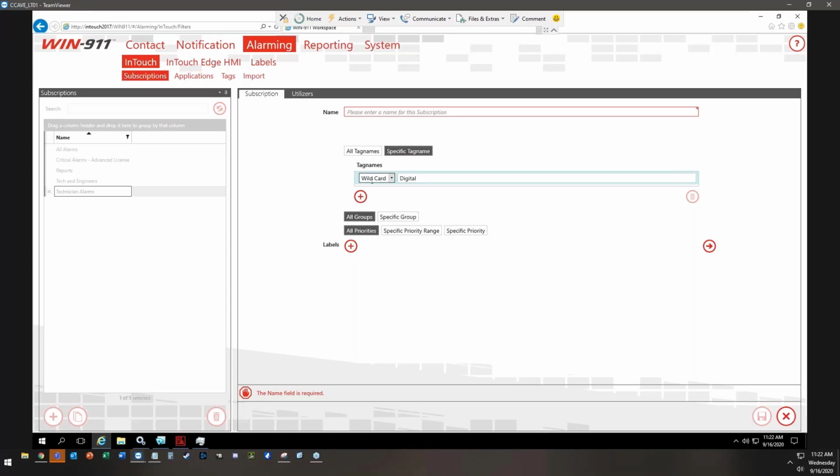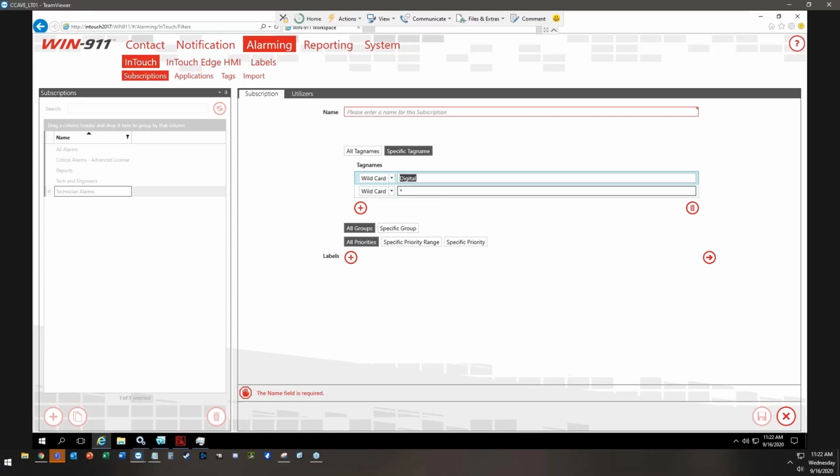One thing I failed to mention is that when you're doing in between here, so earlier we mentioned these are and statements between tag, group, and priorities, and these are or statements. So it's, does the tag have this digital alarm, or does it have this analog? And so that's a good way of bringing in both my digital and my analogs if I wanted to. I'm going to go ahead and cancel out of this